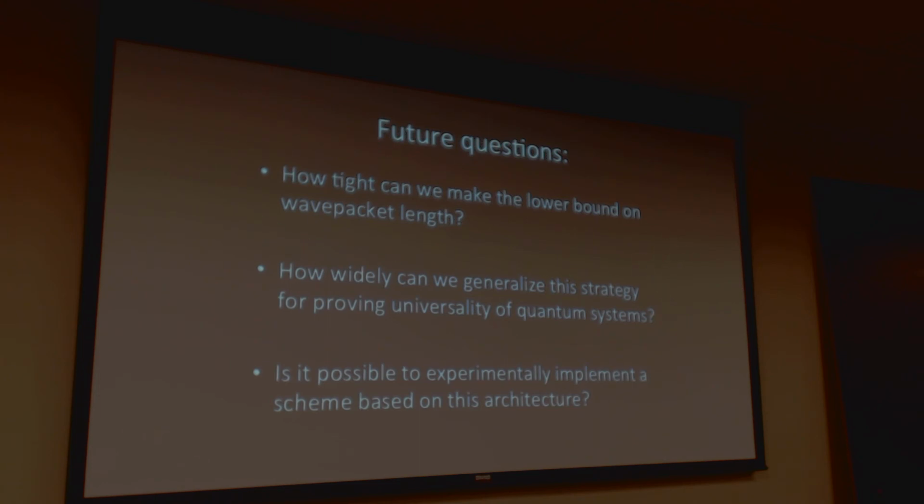Which is sort of a prerequisite for any of the future steps you might want to take. And then asking the question, how widely can we generalize this? Along the way of proving this result, we've generalized to a number of related systems, like anisotropic systems and the TJ model without those little projectors on the side, and things along those lines. And we think that this is potentially a very general setup that we could use as architecture for